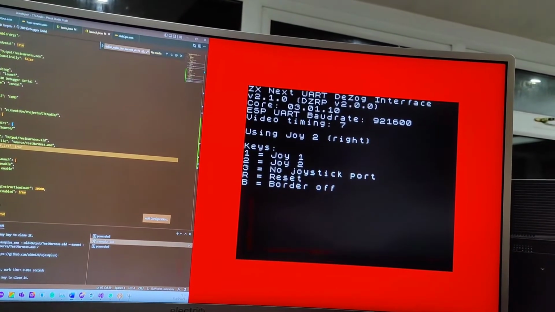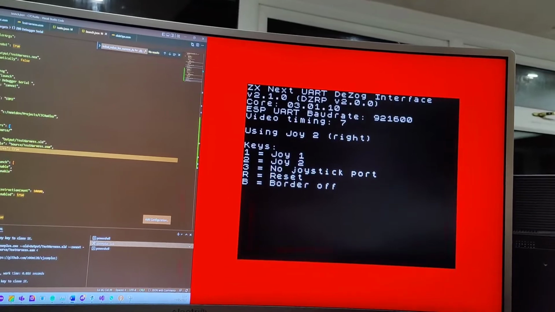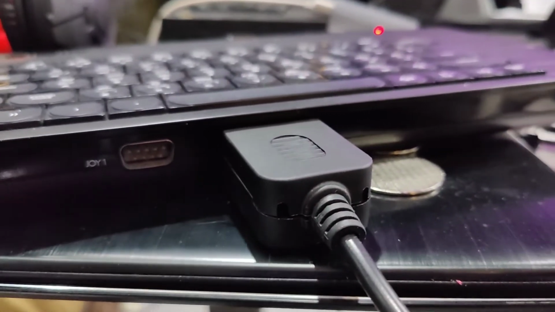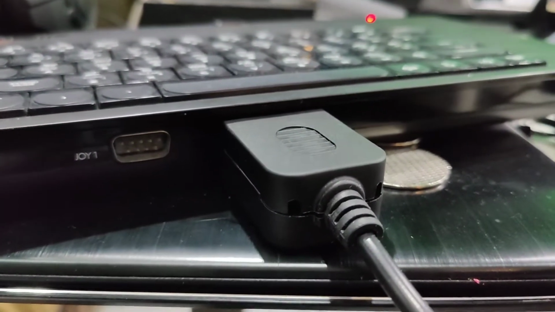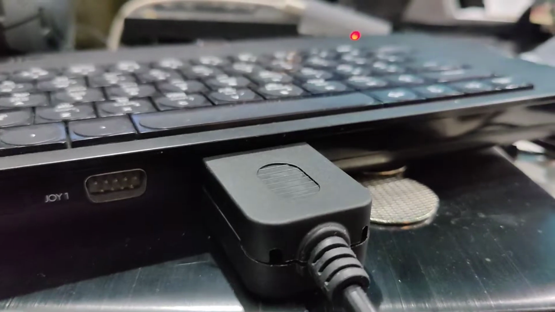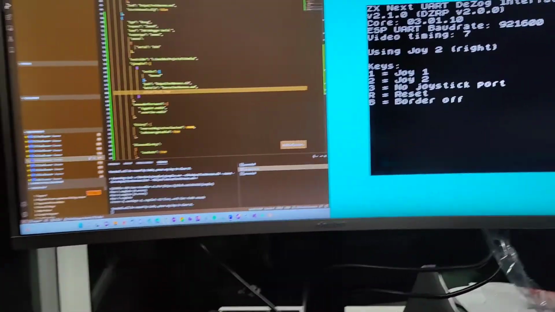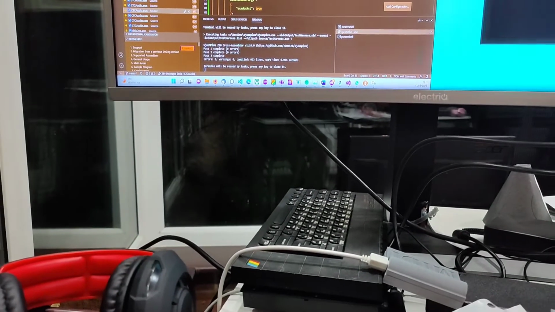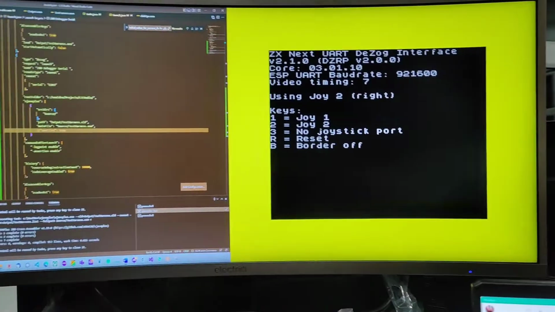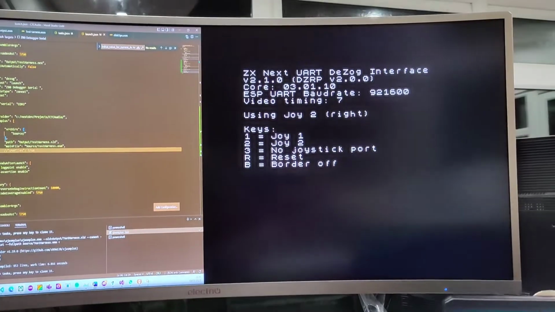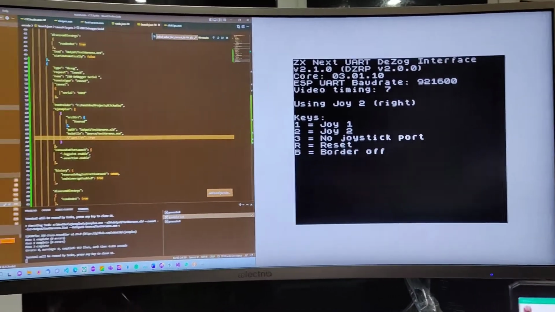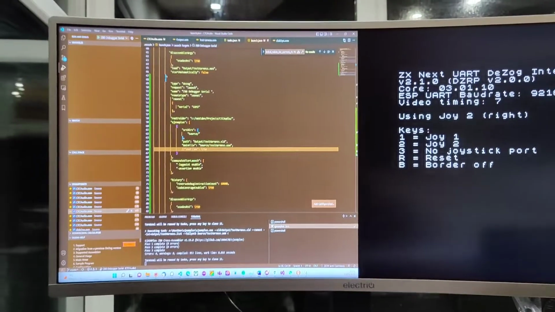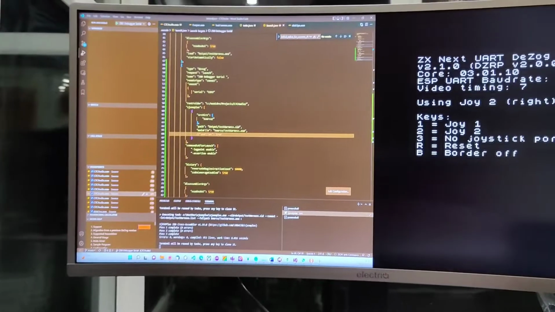So you see it flashes and we end up here in the menu to choose how we're going to attach a debugger. So we're in port 2 with our newly made cable. Next I press number 2 on the Spectrum keyboard, and if I actually hit the button, yeah, using Joy 2, perfect. So if we look over to the PC here,